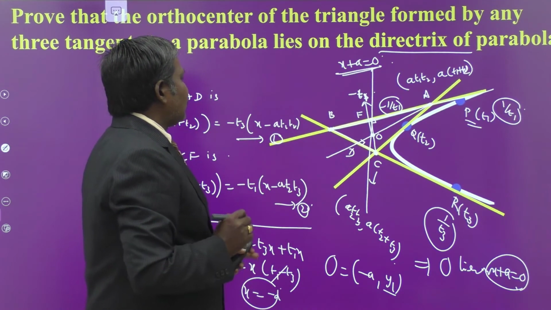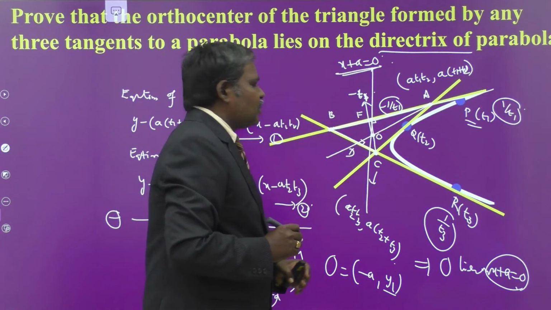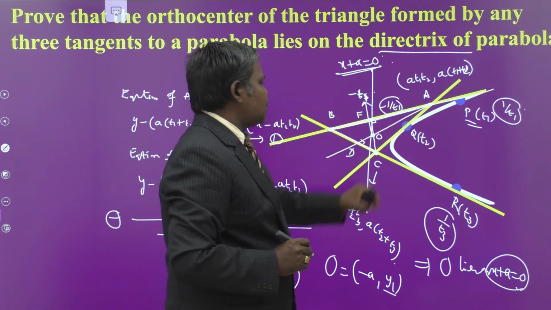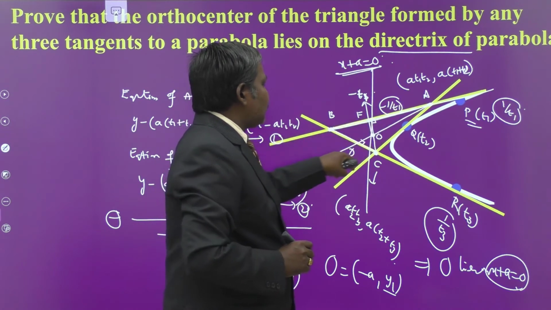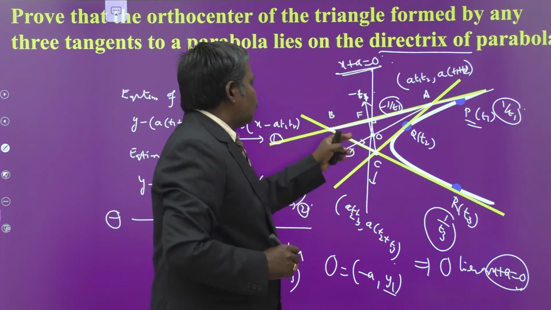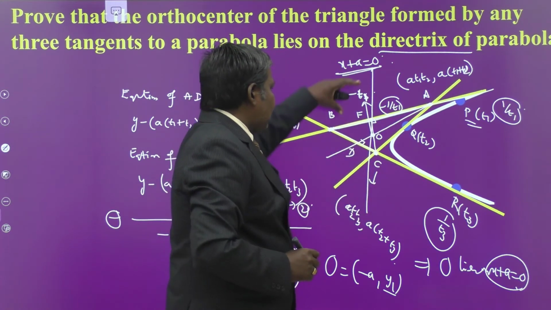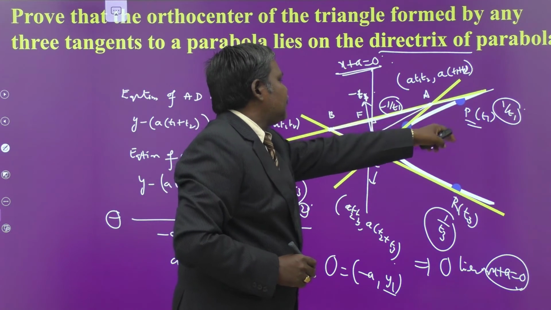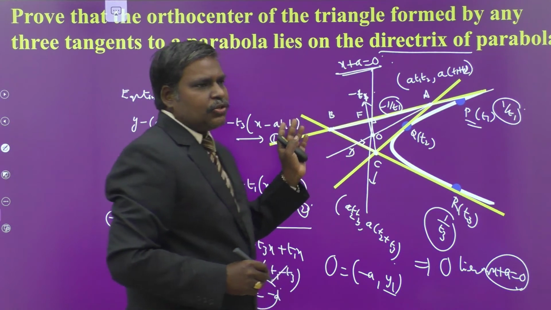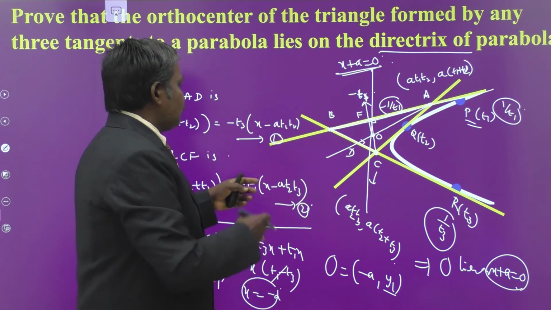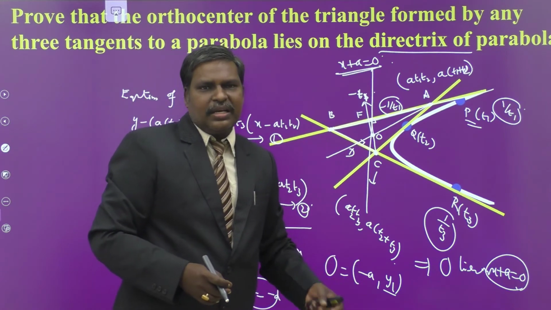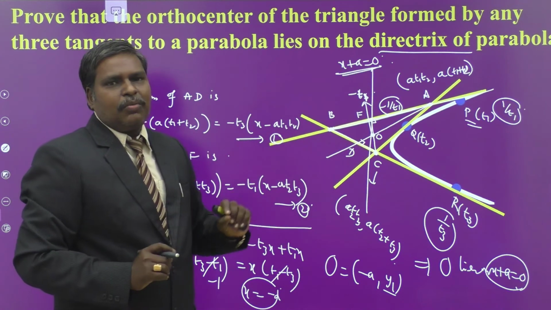So you have to maintain concentration on finding the equation of the altitude itself. To get the altitude, the point is the point of intersection of tangents, and the slope of the altitude is obtained from the side BC as well as AB. BC is nothing but the tangent at T3 and AB is nothing but the tangent at P, that is, the tangent at P of T1. So you can write the other altitude also. No need to get the other altitude. Just by obtaining two altitudes, you can find their point of intersection. It is the orthocenter. It lies on what? The directrix of the parabola. Okay.